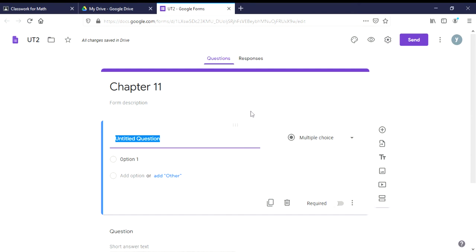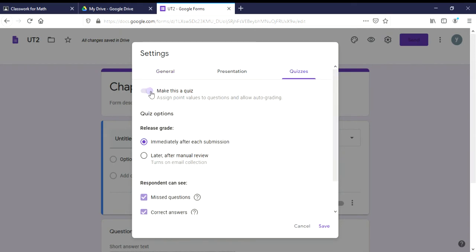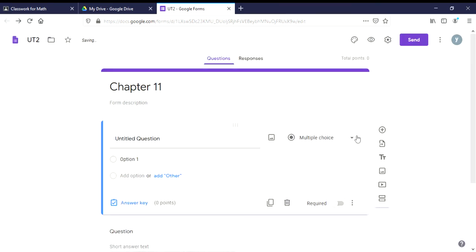Before we start creating the question, the good thing about this Google Form is it can auto grade for you. The system can grade it for you if you want to, can score it for you. How do you do that? You will go to this setting, you will go to the quiz, and then you will click this, make this a quiz. I will tell you the other stuff after we are done making the question, okay? So make a quiz. Now you can add answer key. You see this answer key option now appear, and then there is point. You can assign how many points for each question, and then you can assign the answer key later on.